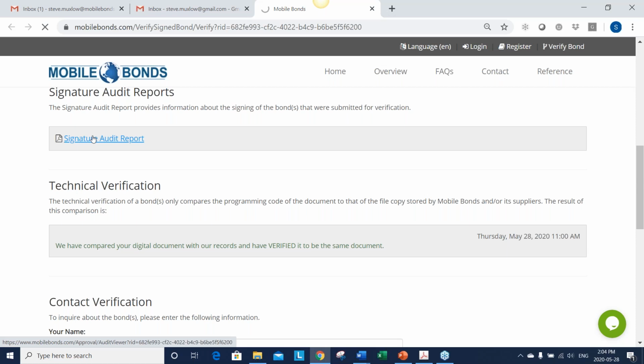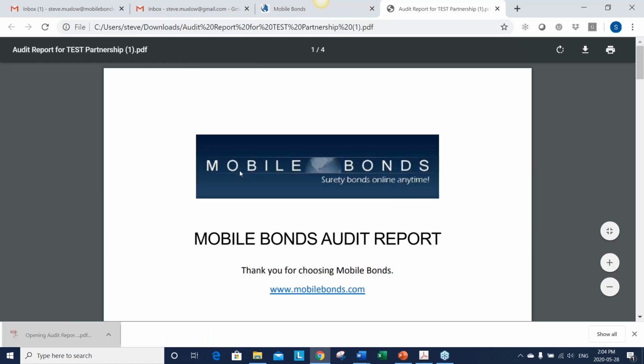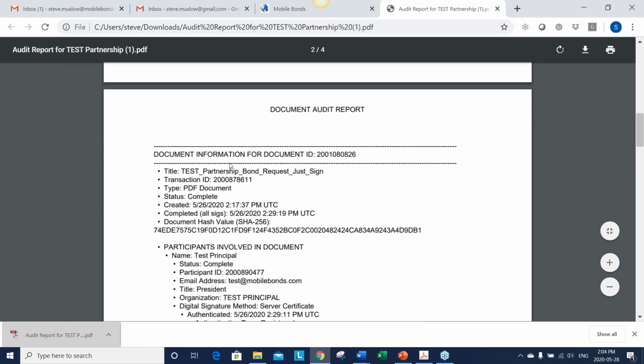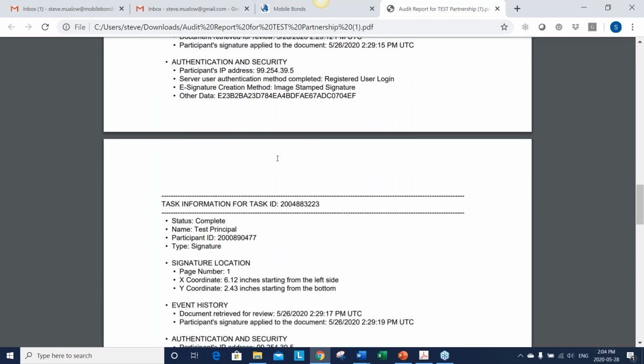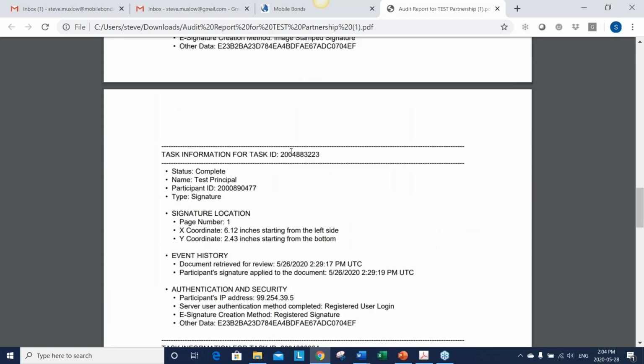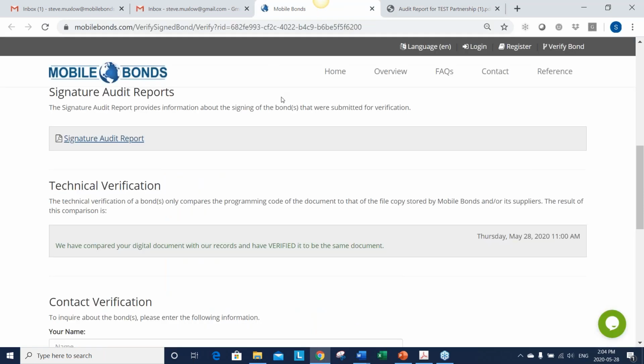I can download this audit report that you'll see in a second here. I've just downloaded it, and it's giving you all the data in terms of who signed it and their IP address, locations, and all that information that's available. So maybe not a precise answer to that question, but I think it's something that will probably evolve over time.